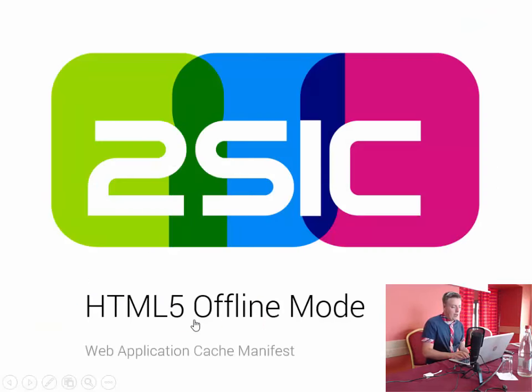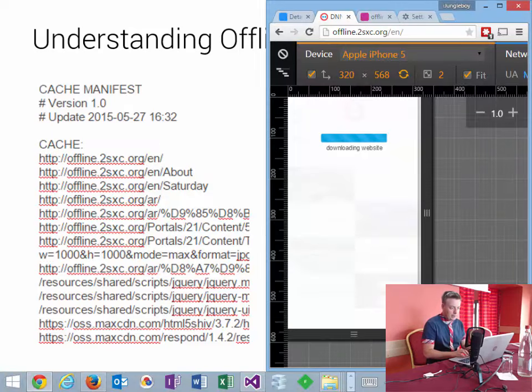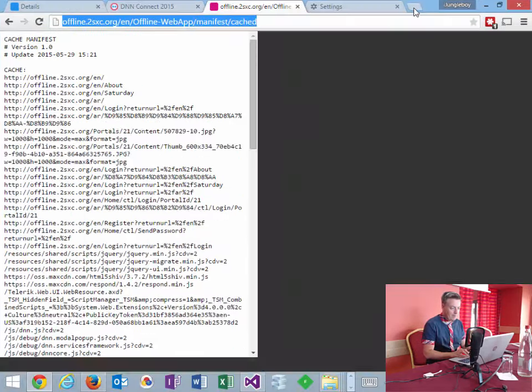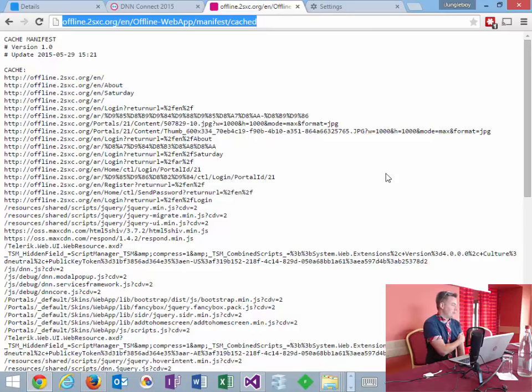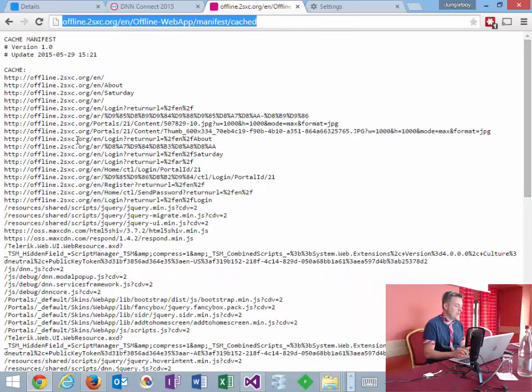So let's talk about the offline mode, the way it's done in HTML5. And the way it works is there's a text file called the cache manifest. I'm going to show you what it really looks like here in the live system. This is the cache manifest file. It's a simple text file, and it contains a list of every single file that should be downloaded in offline